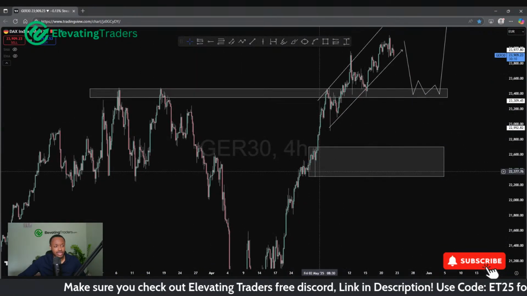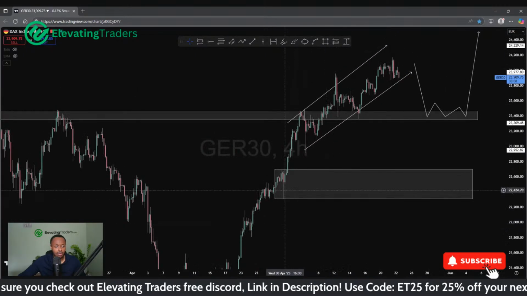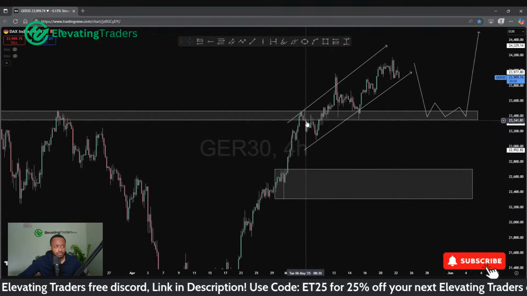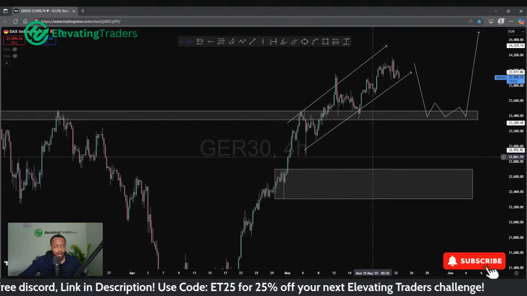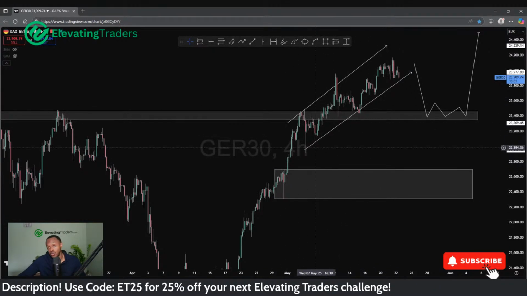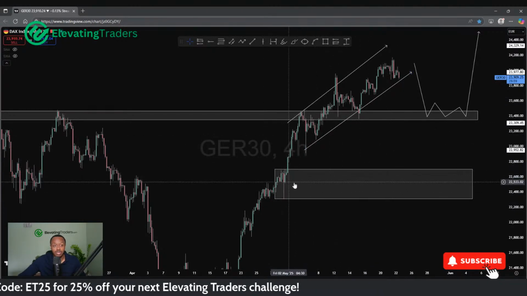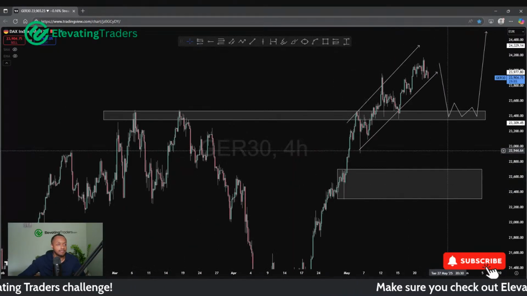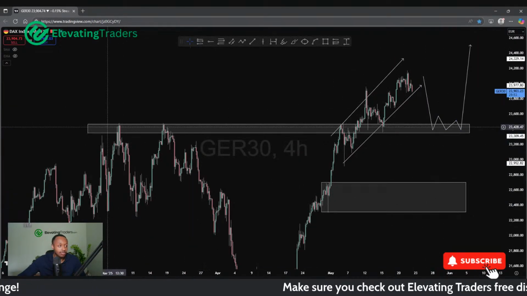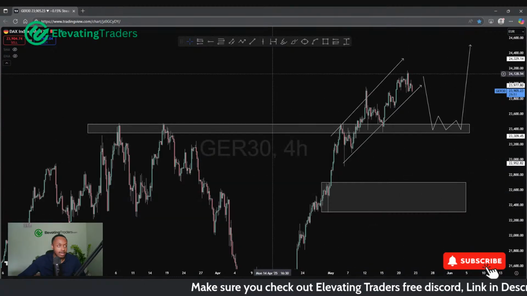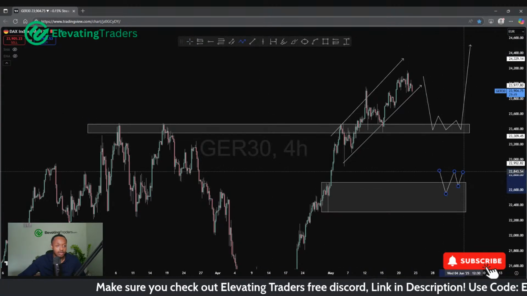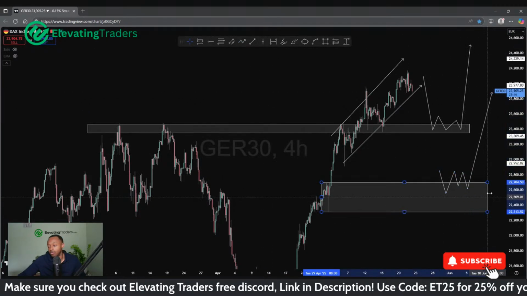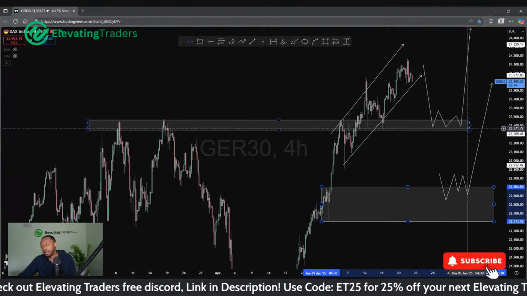I have marked out this zone as a nice place for a buy. I remember when we had the first breakout, I did say a retest of the zone would be a nice buy. We didn't have that, but just because we didn't have the retest doesn't mean this zone isn't valid anymore or isn't a nice place to buy. It still is. So yeah, if this level holds, then that becomes my interest for the DAX. But yeah, very, very bullish. Just would wait for more of a pullback for this one and then the buy.